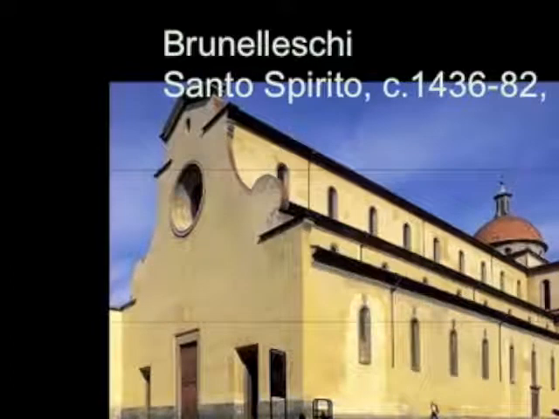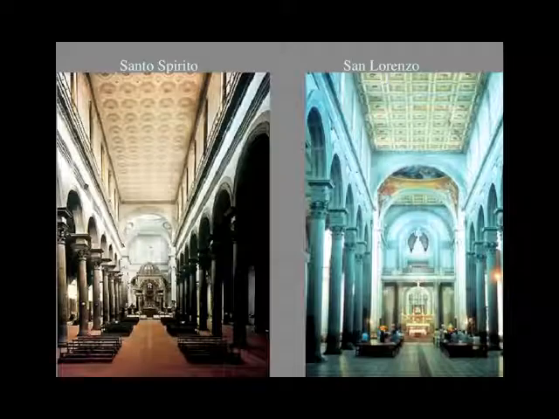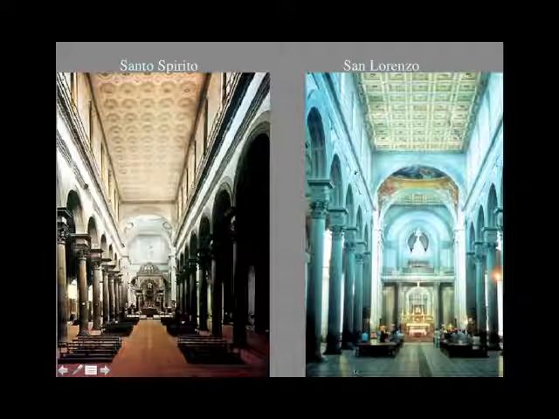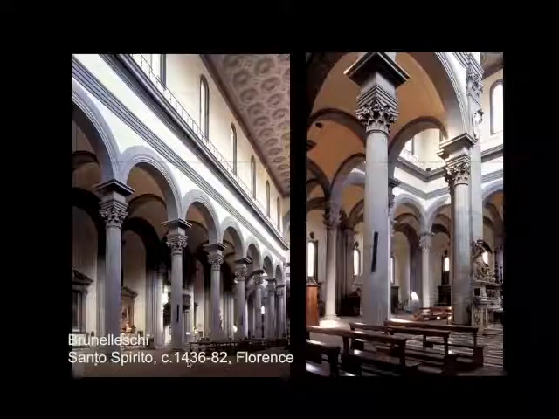Here's the facade. Once again, the facade never got built. Italy is full of these churches that never got a facade. And here's the interior. As a point of comparison, you can look at San Lorenzo over here and Santo Spirito over here to get a sense of how these two churches that on many levels are similar can be differentiated. Look at the proportions of column to wall that we have here in San Lorenzo and how the amount of wall we have and the proportions of the columns change when we get to Santo Spirito. And also the vaulting is different and also the paving is different. Lots of different things. Beautiful.